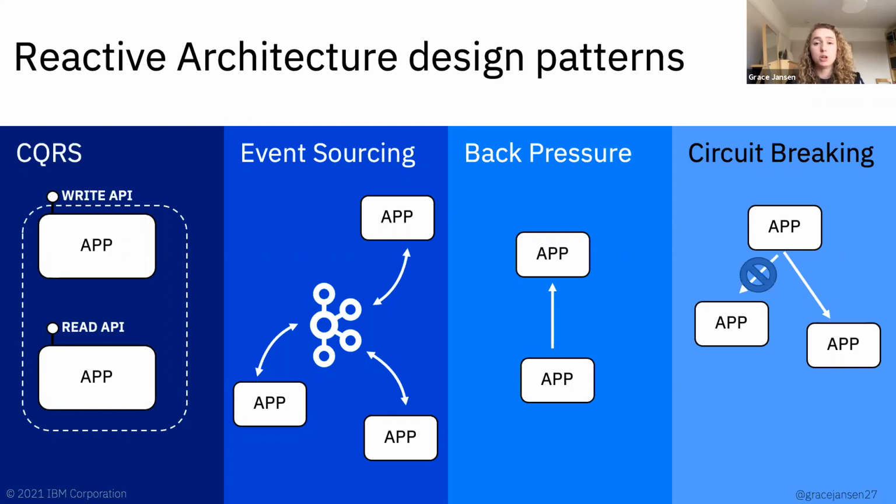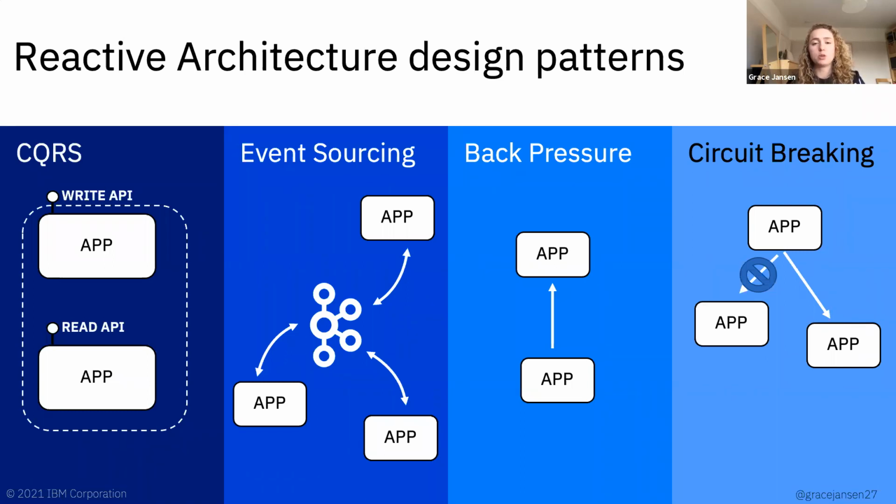Then we have back pressure. Back pressure is really important when we're trying to create reactive, resilient applications. It is a form of feedback from a downstream component to an upstream component, and it enables that downstream component to communicate back upstream so that it doesn't get overwhelmed. It can essentially help to rate limit requests, data, or messages coming towards it, to make sure that we don't have a point of contention or blocking that could potentially turn into some sort of failure.